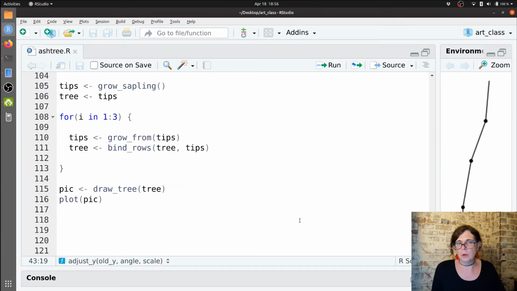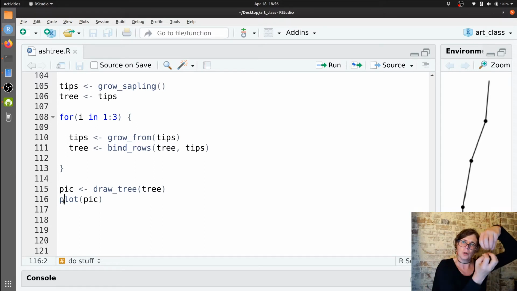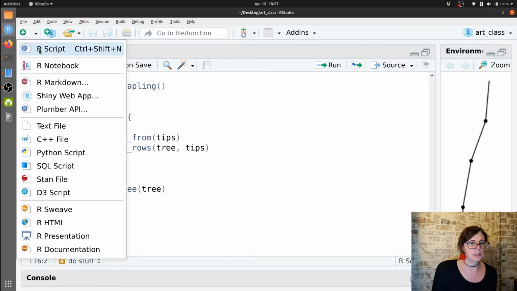When we wrote Scroll, we ended up with one long script that I think was about 130 lines of code, and we're headed in that direction again. It would be nice to not have everything just go long, long, long. It would be nice to be able to have it branch out a little bit. So why don't we have our code branch out as well? The way that I'm going to do that is to pull out some of these functions and include them in different scripts. So let's say what I want to do is I will create a new R script,